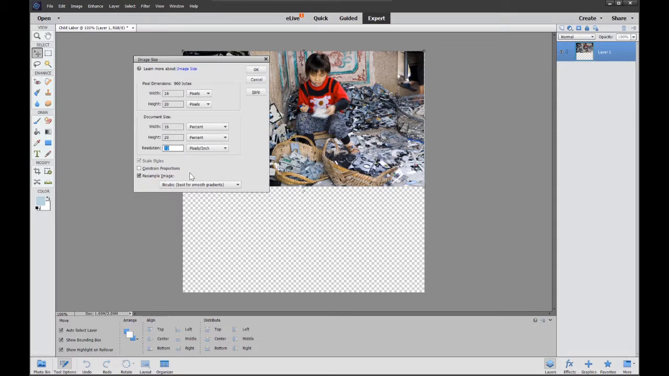This resolution will make it very, very pixelated. And so I would like to do a resolution of about 600. And I want to make sure that resample image is on so that my image gets more